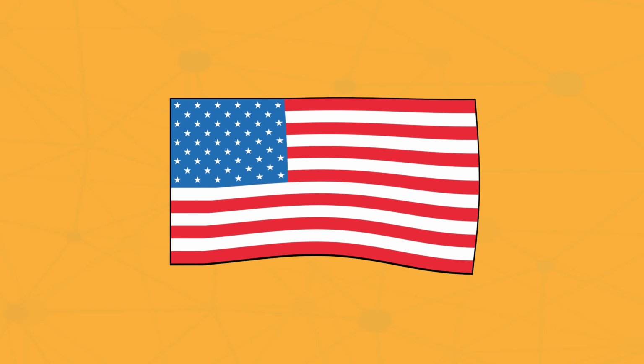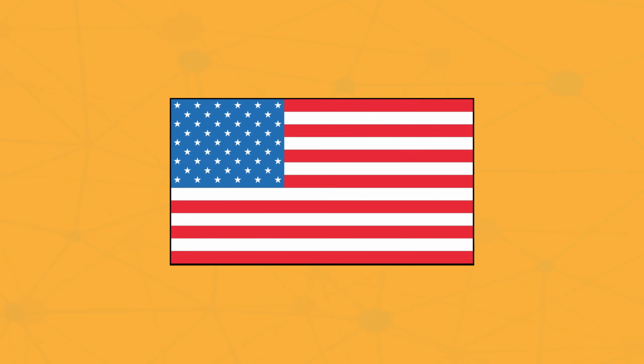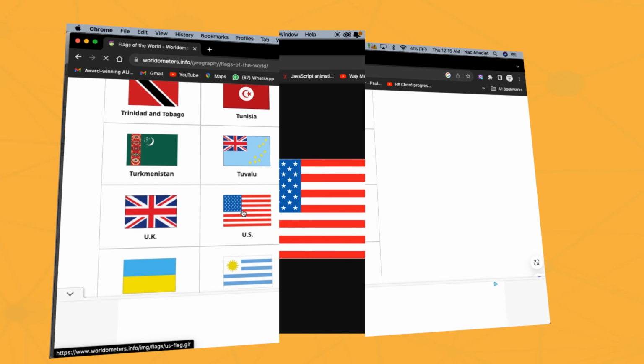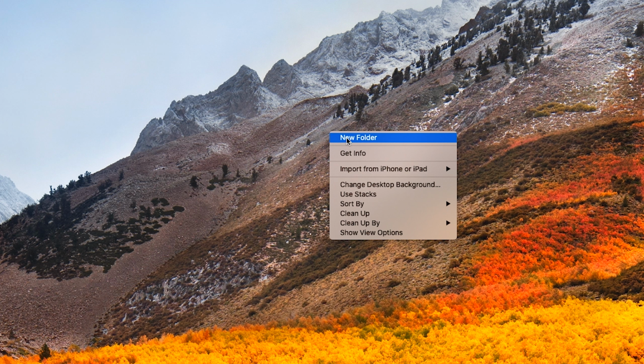We are going to design the American flag using CSS and HTML. Let's go and look for the flag first. Open this website and then look for American flag. Yes, as we now have found the flag, let's now create a new folder on the desktop and start working